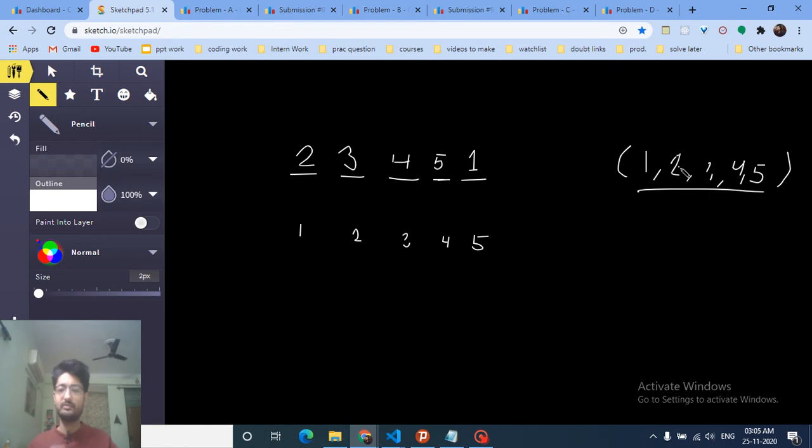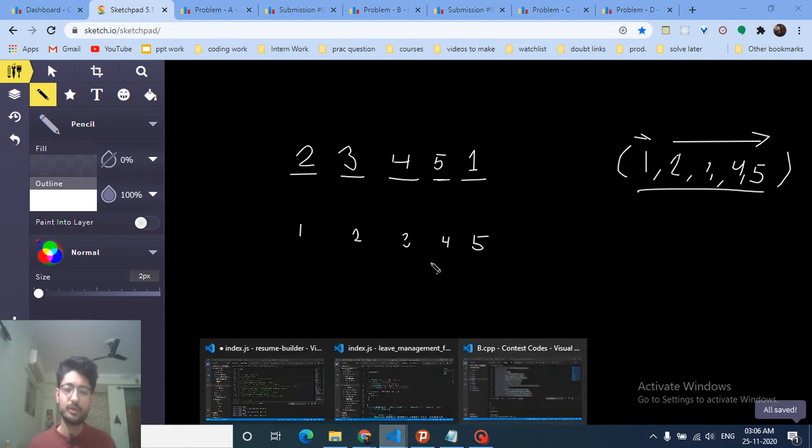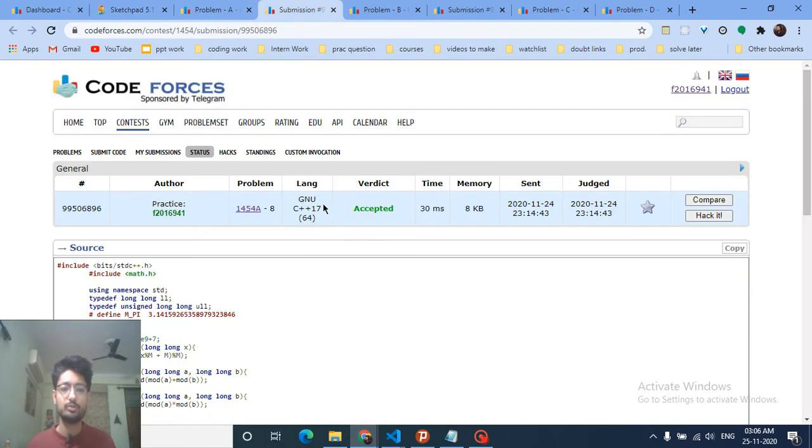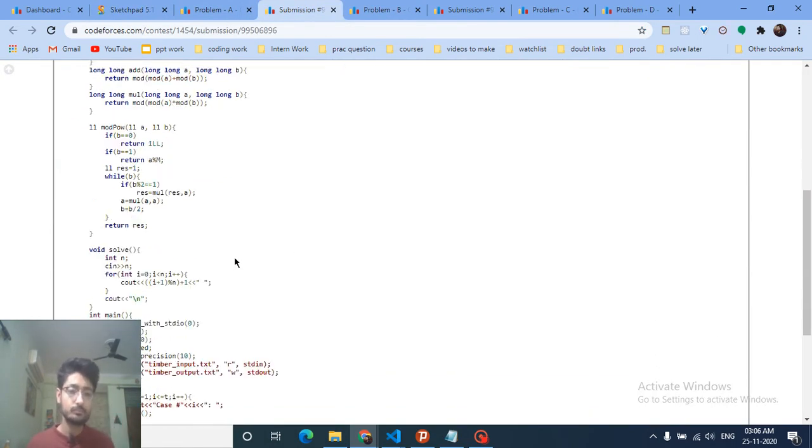or just make a vector of 1, 2, 3, 4, 5, and then print out these numbers from here till the end, and then if you go out of bound, just print out the first number. You can also do this, or you can use the property of the mod function. I will tell you in the code part.